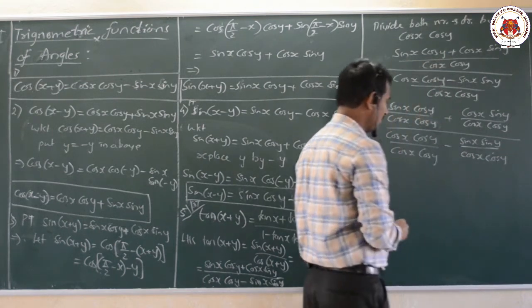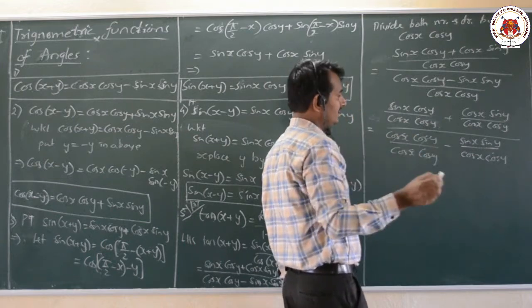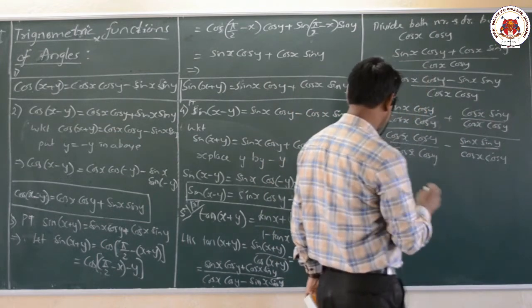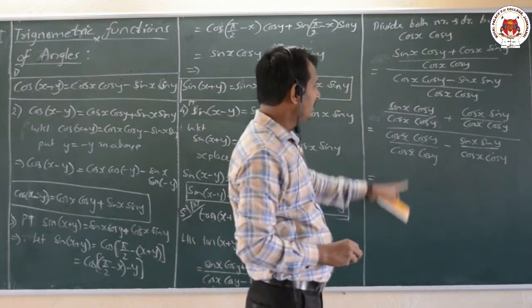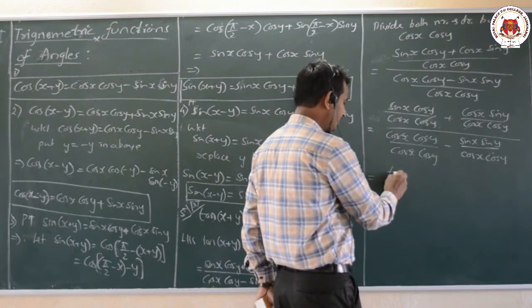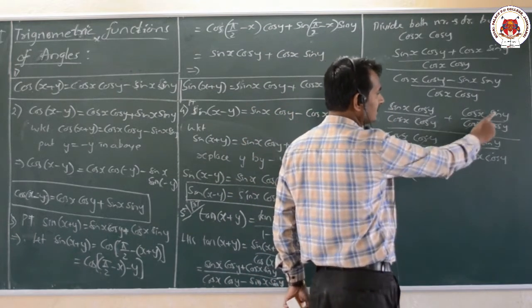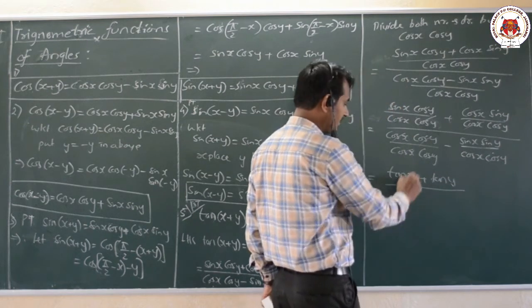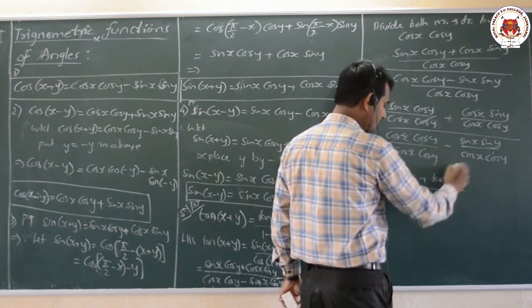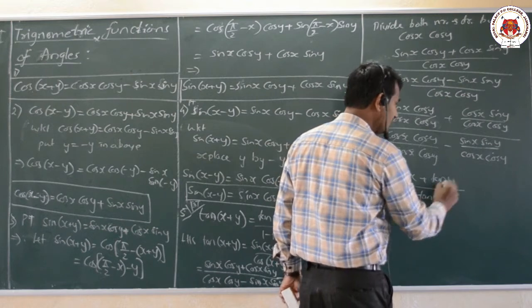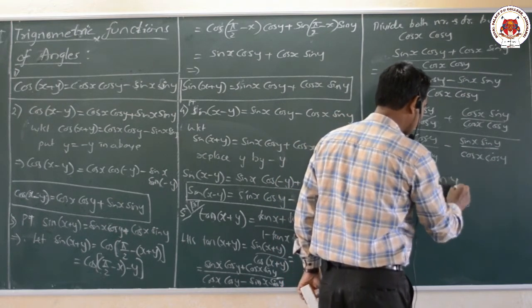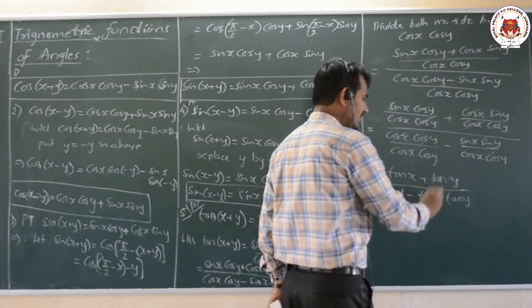Okay. Now here we can observe that these two terms get eliminated, dear students. Cos y gets eliminated. Here also cos x gets eliminated. What is the remaining part? That is sin by cos, so the value will be tan x. Then plus sin by cos y, that is nothing but tan y, whole divided by 1 minus sin by cos, that is nothing but tan x, and sin by cos y, that is nothing but tan y. Okay, these are nothing but your values.